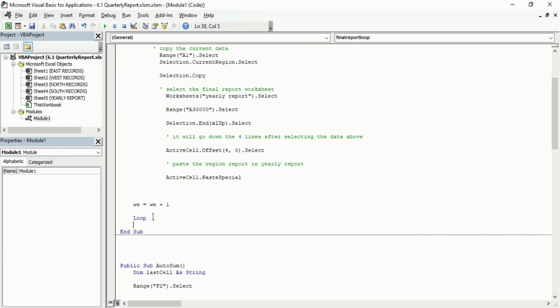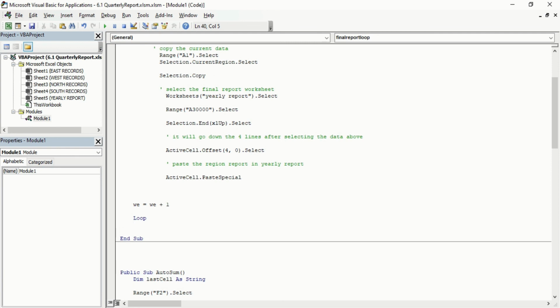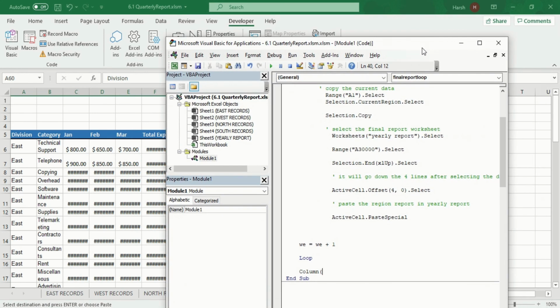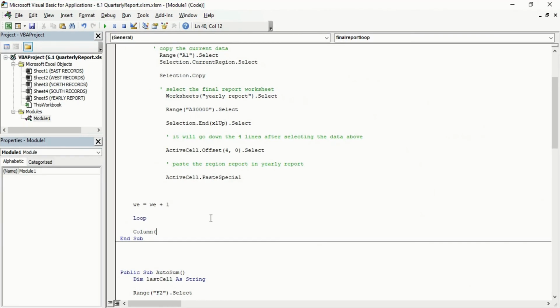In here, after the loop, you can write the code, and my line is column. Which column do we want to auto align? We want from C to F, right? Just put on double click and C, everything in semicolon, C to F, and close the bracket. Now we want entire column dot auto fit.